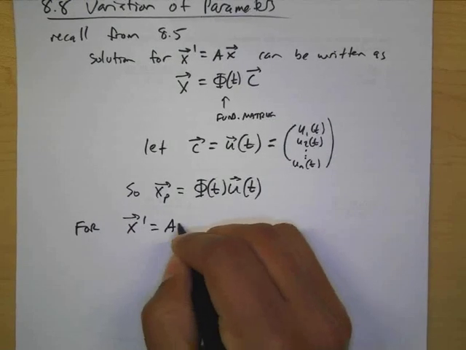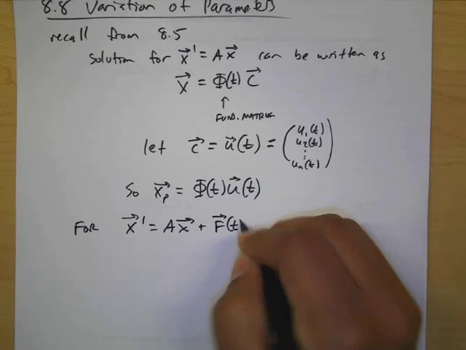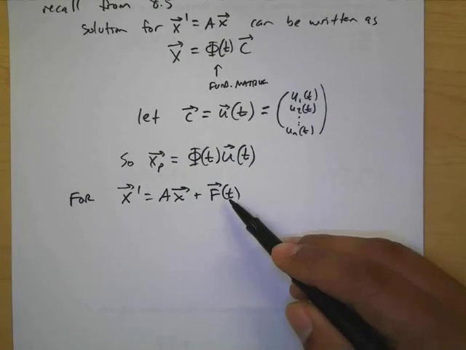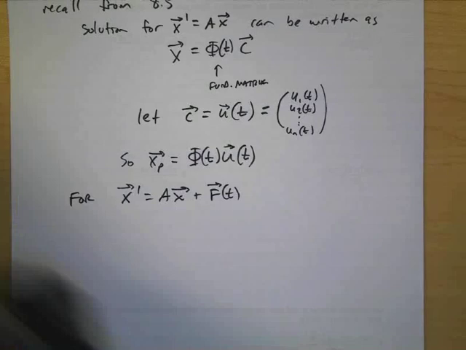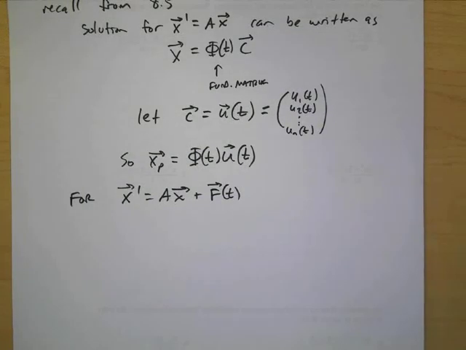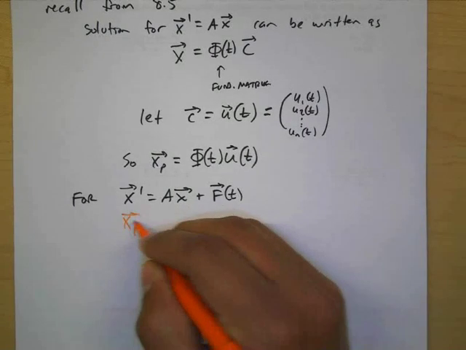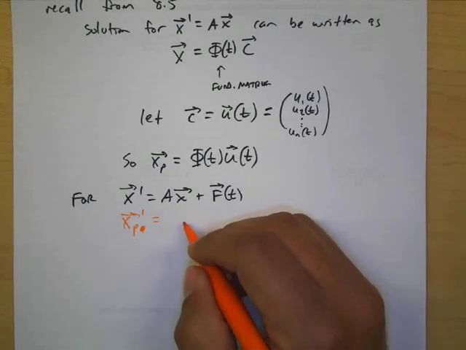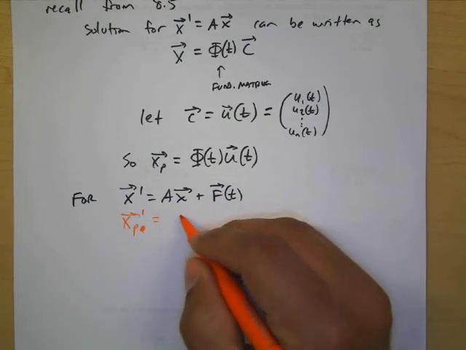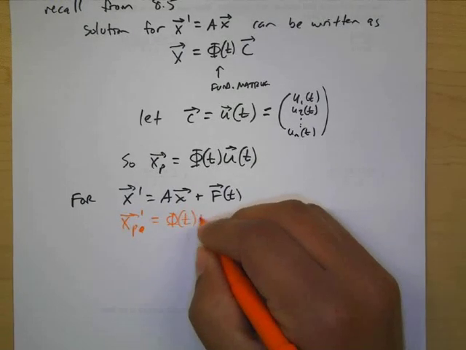x prime equal to Ax plus, now we have some function. So it's a non-homogeneous system. We have something added to it, like we did last section. If we plug it in, now on the left, let's just figure it out one at a time. The derivative of the particular solution, if we use the product rule, would be phi of t times u prime of t